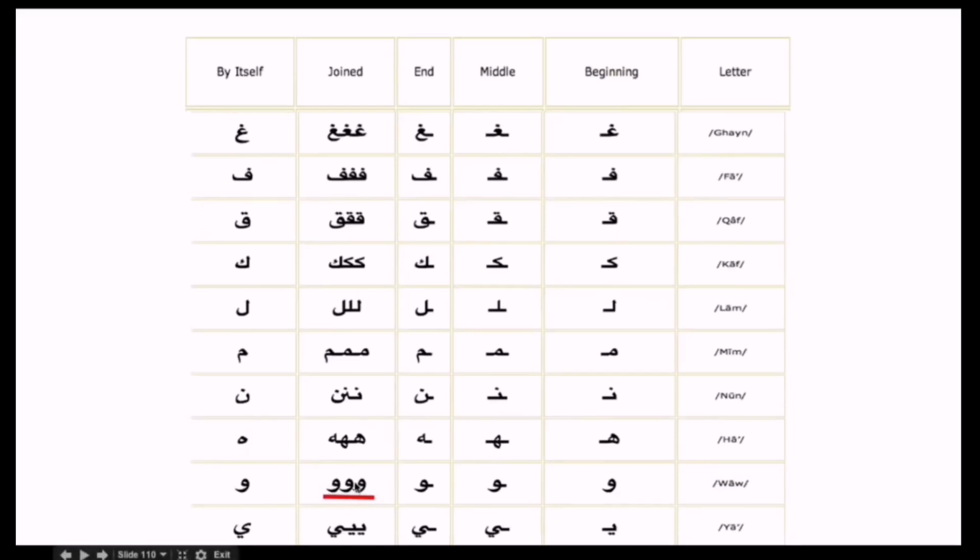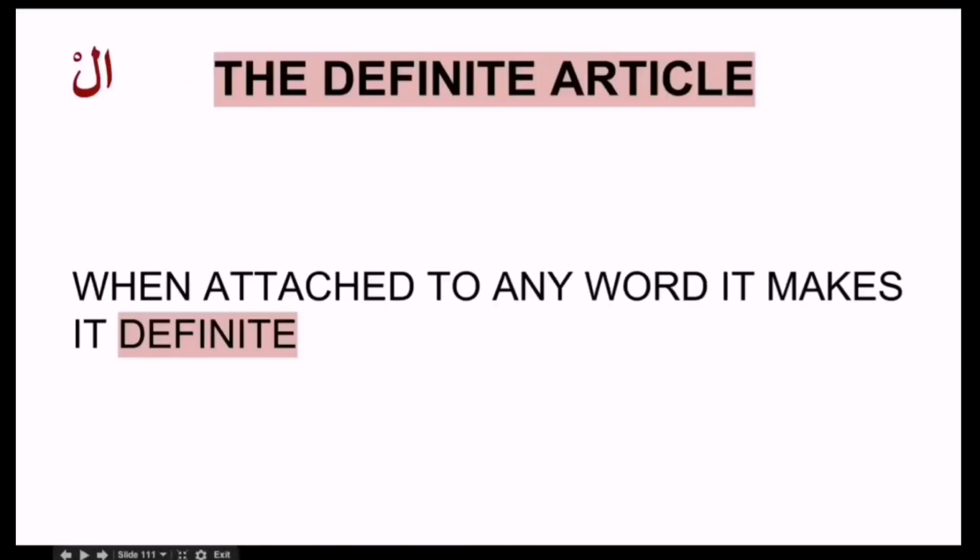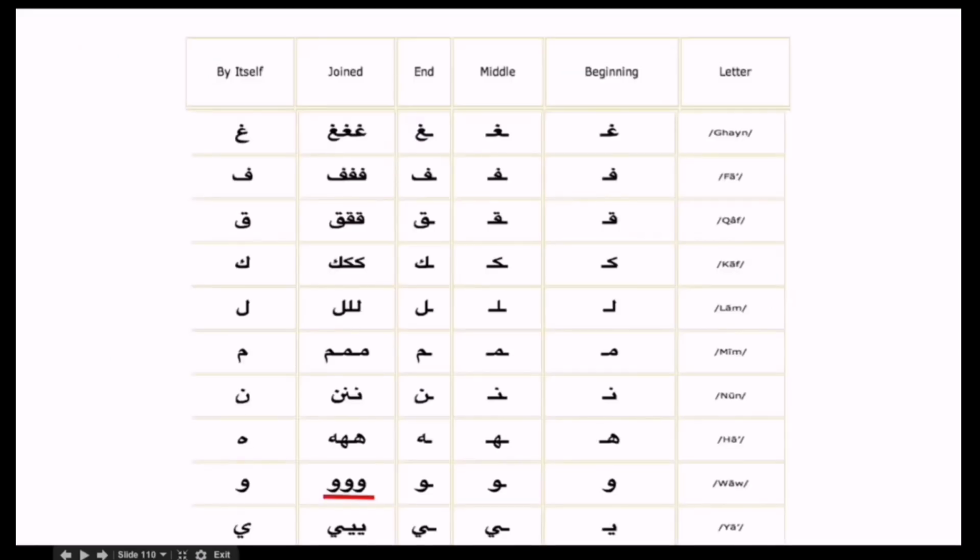So we got waw here, which is written separately. So no letter can be joined after it. Before it, it's definitely a letter can be joined, but not after it. So when these letters, like for example, we said naughty letters, all these letters also behave a little bit